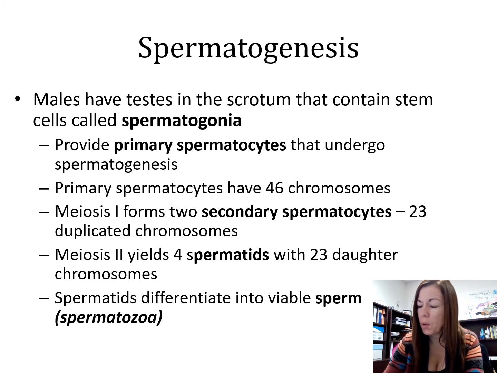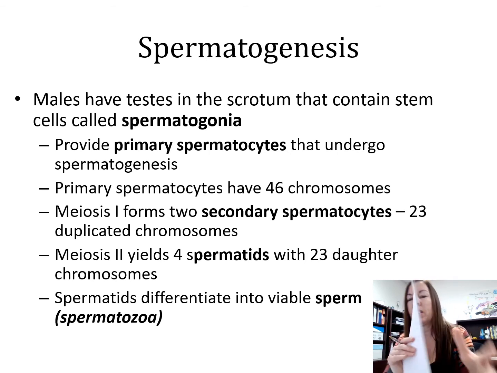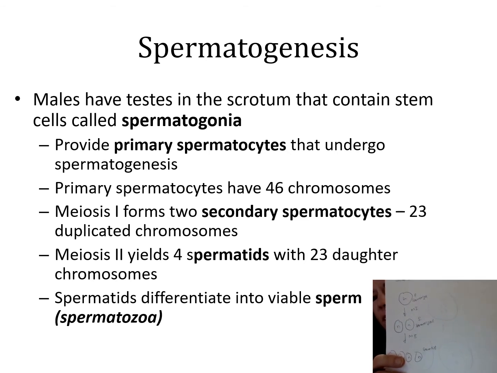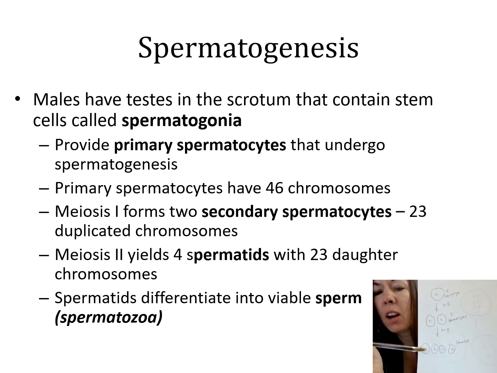So meiosis 2 gives you 4 spermatids that are all haploid. So if you see my spermatogenesis drawing, you've got your primary spermatocytes, then you got your haploid secondary spermatocytes, and then your totally haploid spermatids, and each of these have 23 daughter chromosomes, and then they'll differentiate